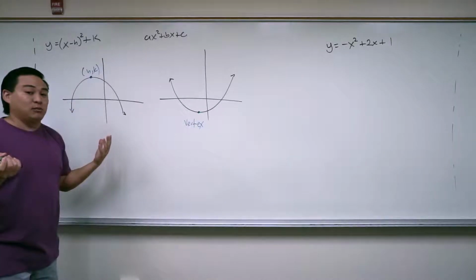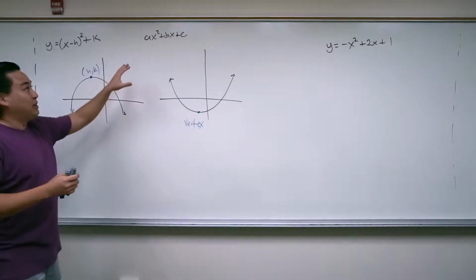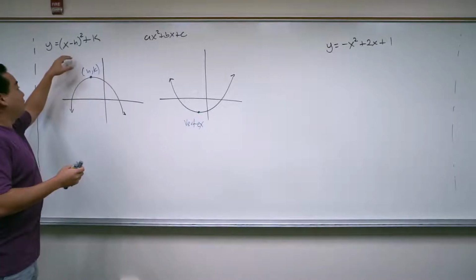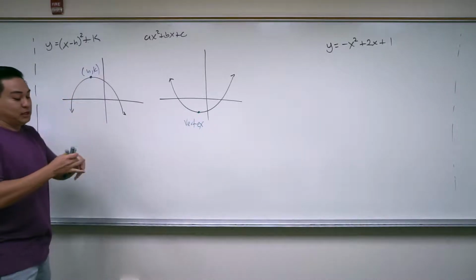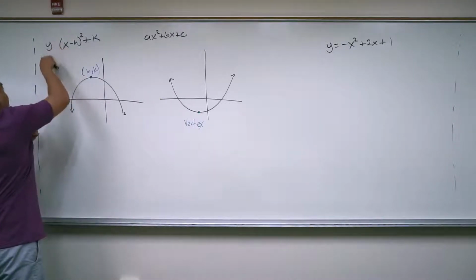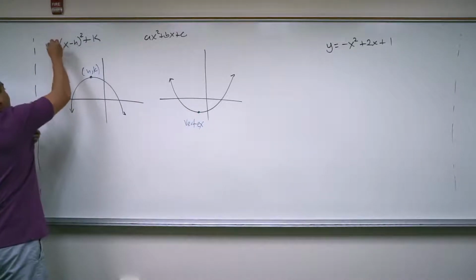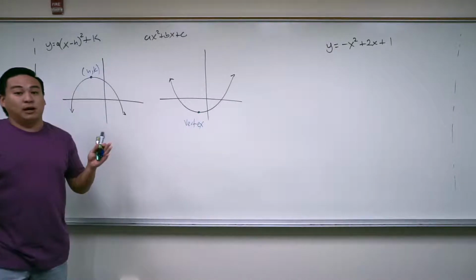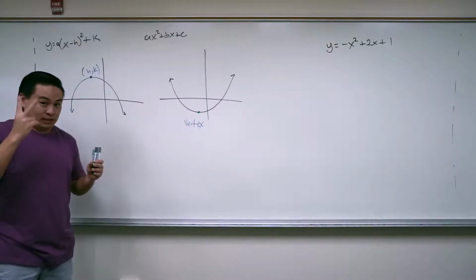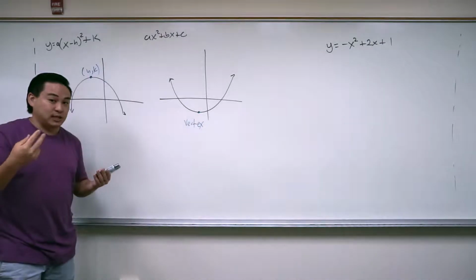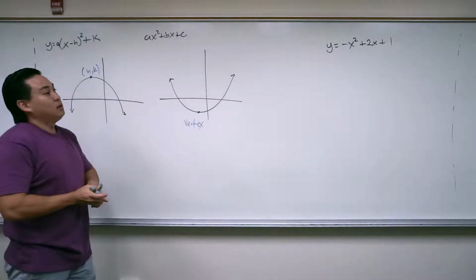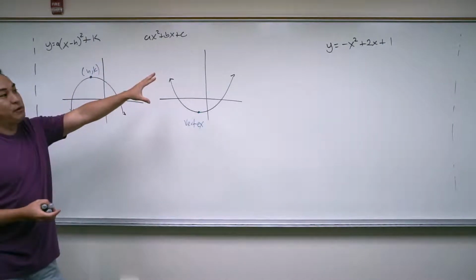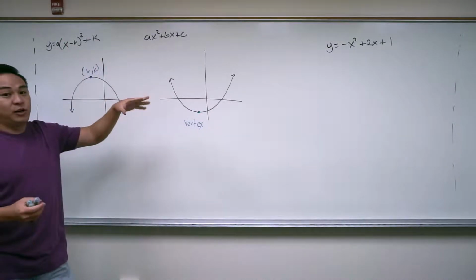Then determine if it's a max or a min, and you can do that by looking at the a value, which will tell you if it's pointing up or down. So a being positive means it points up, and a being negative means it points down. So let's look at this problem, and don't forget, whenever you're completing the square, you need to factor